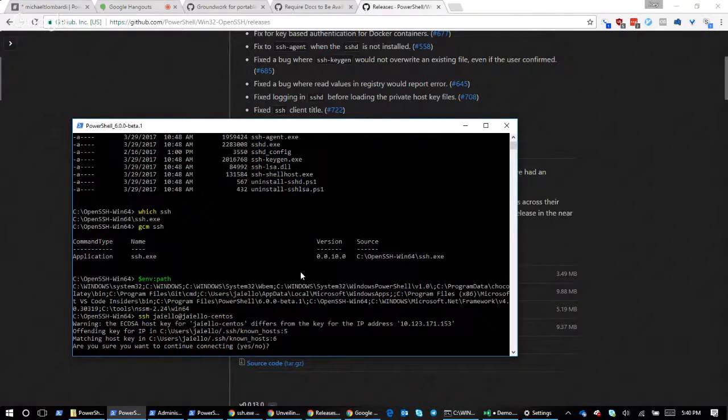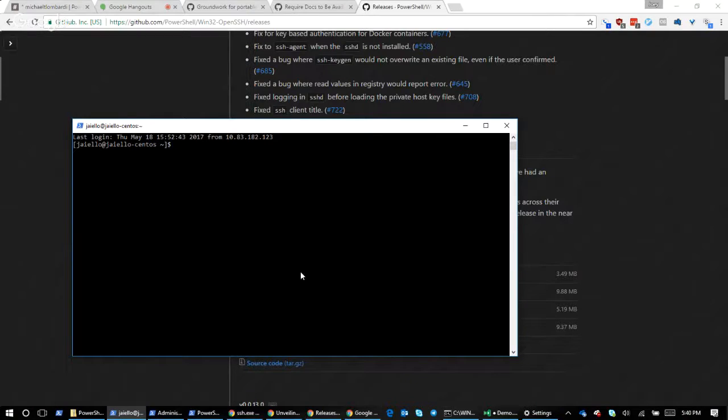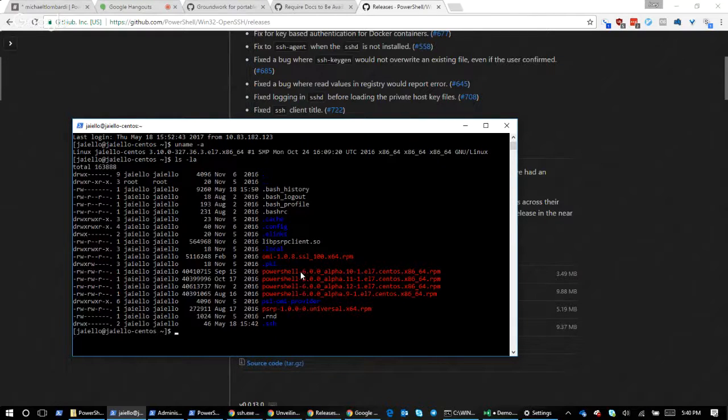Right, so if I do that, it says your known host is different, and that's because I forgot to delete a file, and this is a brand new VM. I say yes, I don't care, great. And now here I am on a Linux box, right? Beautiful. I've got color, we've got the Xterm rendering now inside of the Windows 10 console host. We do work down level to Windows 7, but it's highly unlikely that you're going to get this nice, pretty, colorful experience. The terminal might break all over the place.